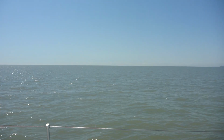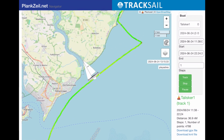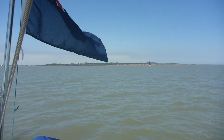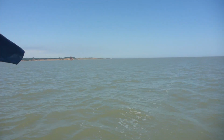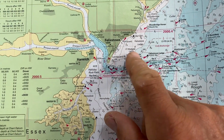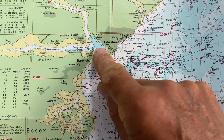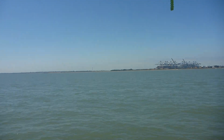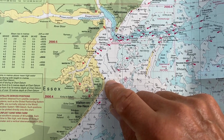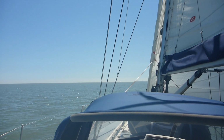We've got a couple of hours of flood to get us down toward Felixstowe. So we're on the approaches to Landguard Point, which is where you round that corner to get into the docks. And we're heading for the Naze over there, and we're coming up to high water, so the flood will end and we're